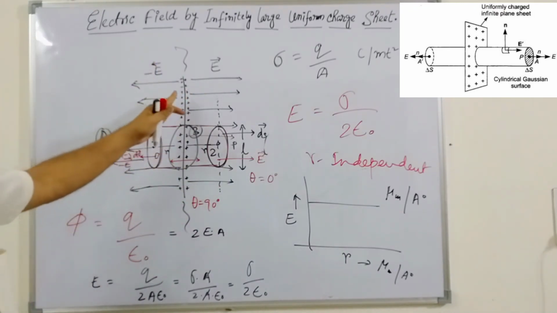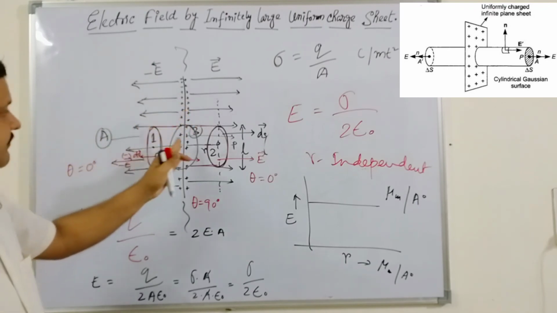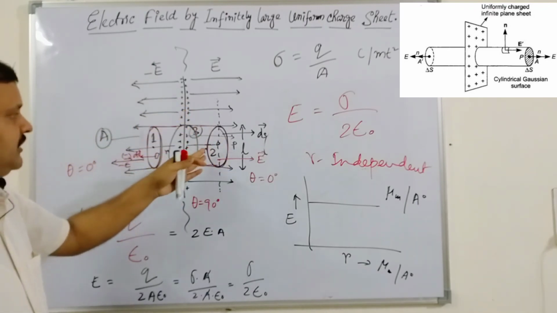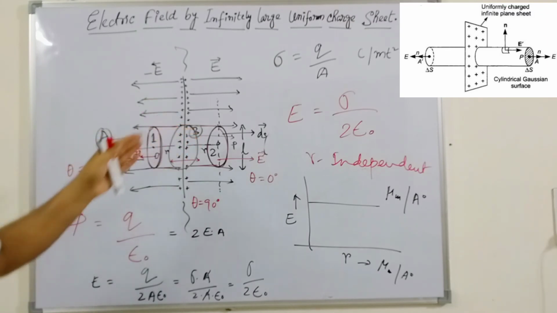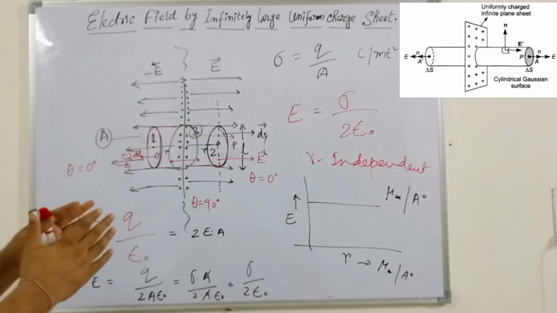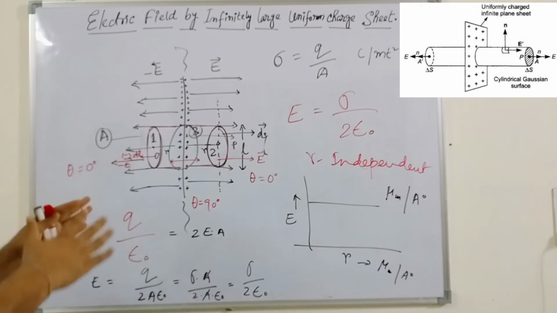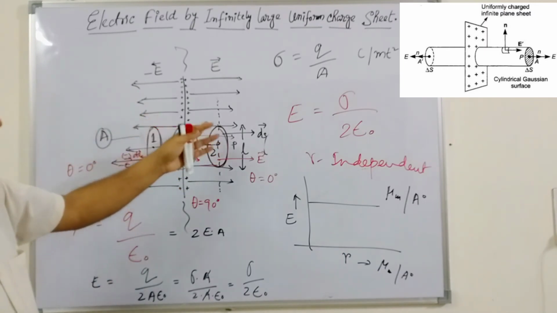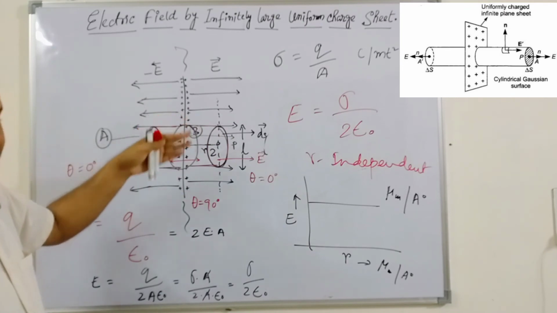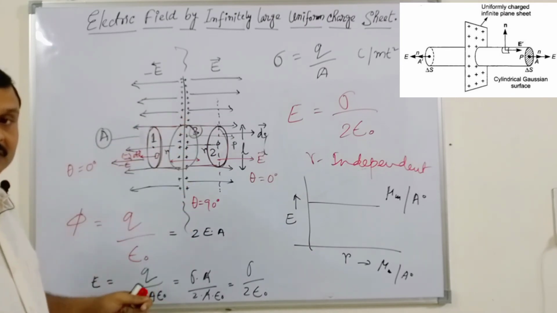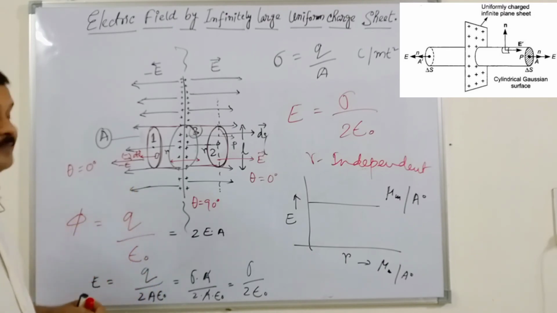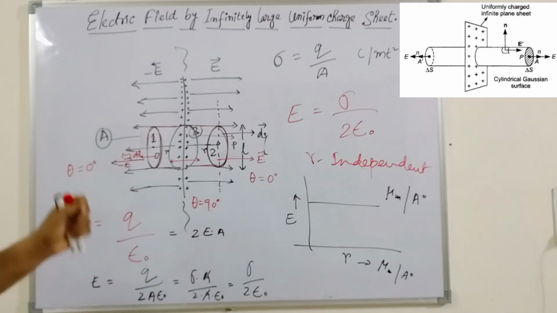So this is how a uniformly charged plate behaves and how it generates an electrical field. From this single plate, we will come to the next session with two plates, maybe of opposite charge, and how the electrical field is generated as used in capacitor devices. So I hope you will understand. Thank you.